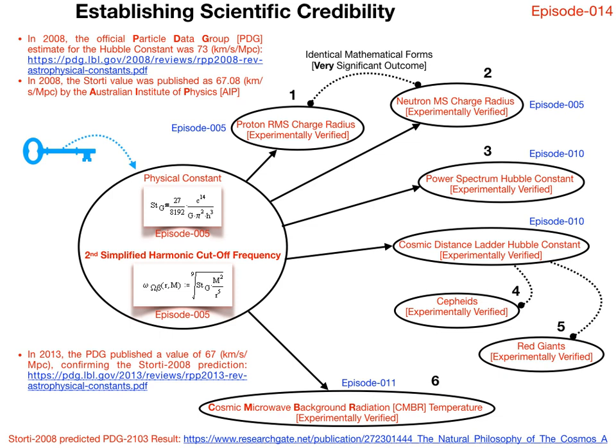Everything on screen is significant and jumps substantially ahead of the standard models of particle physics and cosmology, but perhaps most notably, the Staudy 2008 power spectrum Hubble constant was predicted 5 years in advance of experimental validation. This is historically verifiable fact, and we suggest that you follow the links shown in order to verify it for yourselves. Now that we have established the scientific credibility of the Staudy equation, let's look at what it means for the Lazar gravity A and B frequency claims.